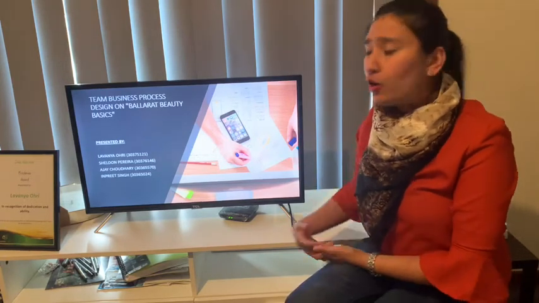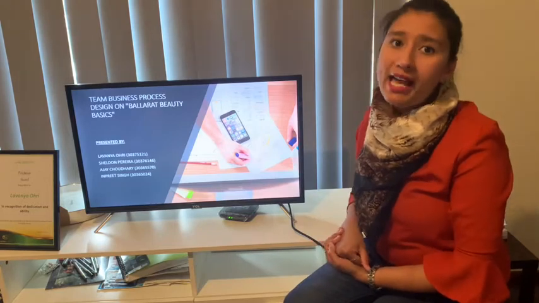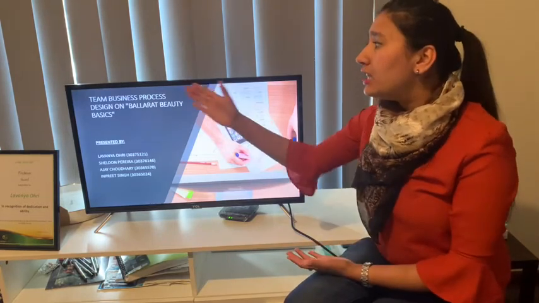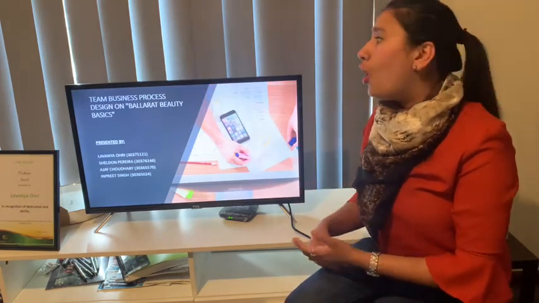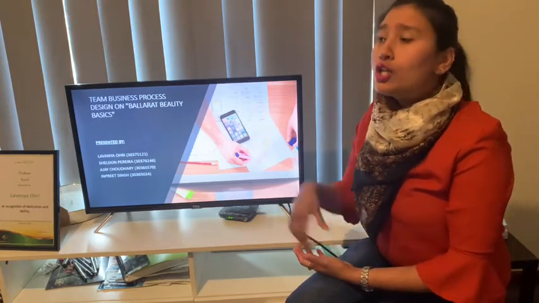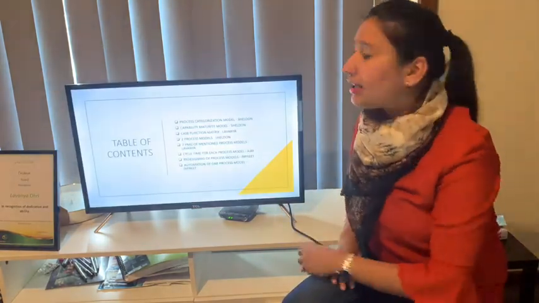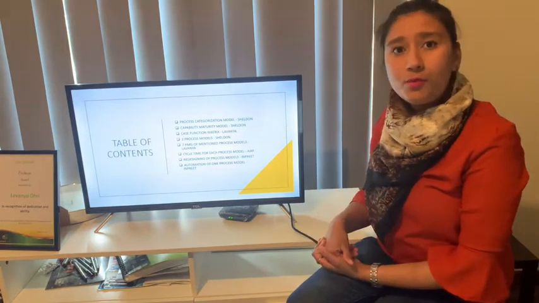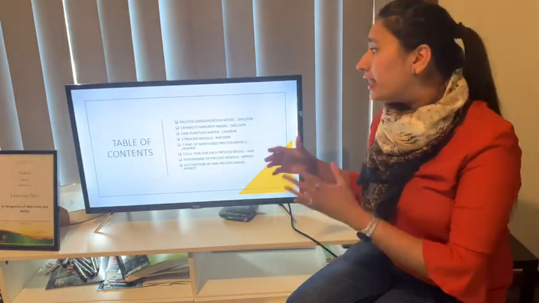Lavanya, along with my co-presenters Sheldon, Ajay and Impreet, will be presenting the team business process design on Ballarat Beauty Basics. In this presentation, we will be discussing the process categorization model and maturity model, the case function